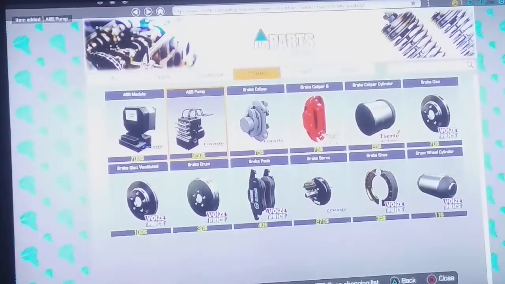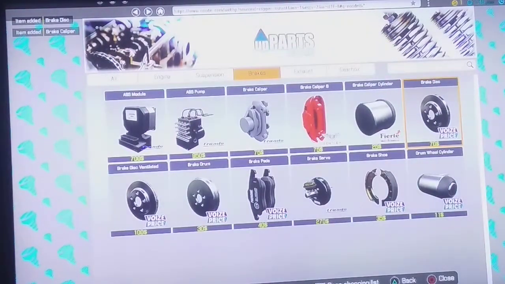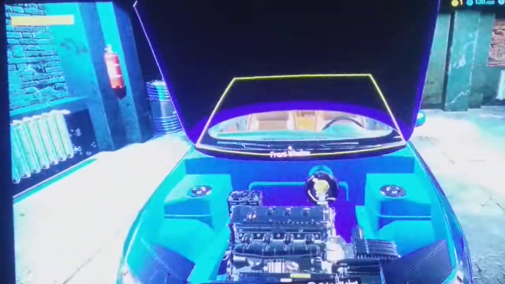So there's our pump, $950. There's the caliper, and there's the disc. Now, before we get this car over onto the lift, we might as well...